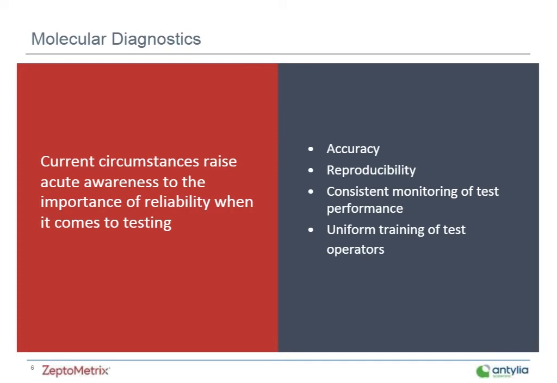I believe that no situation has really put this into a bigger spotlight than the current SARS-CoV-2 pandemic. And not only do we need accurate, quick, reliable diagnostic tests, but the labs performing the testing must have a way of monitoring the test performance so that they can catch any errors or any issues with, say, reagents or test operators and various processes that are going on in the labs.